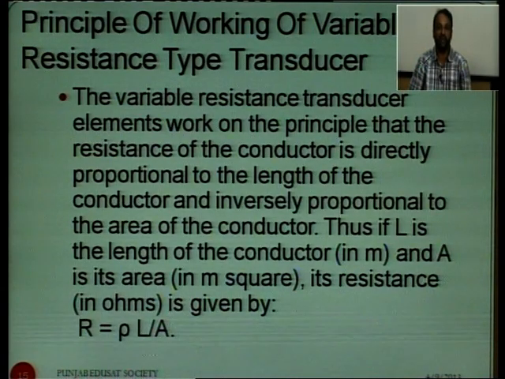Thus, for example, if L is the length of the conductor in meters and A is the area in square meters, then its resistance in ohms is given by R = ρL/A,